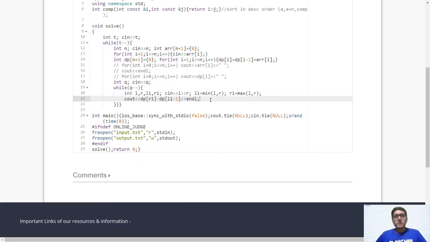So now let us look at some of the common mistakes. One of the mistakes that you might make is that when you are printing in C++, you will use endl to print the next line. So guys, endl can be a little bit costly, so prefer using \n. If you use endl in this, then you will actually get TLE. So although this code is correct, it still gives time limit exceeded.